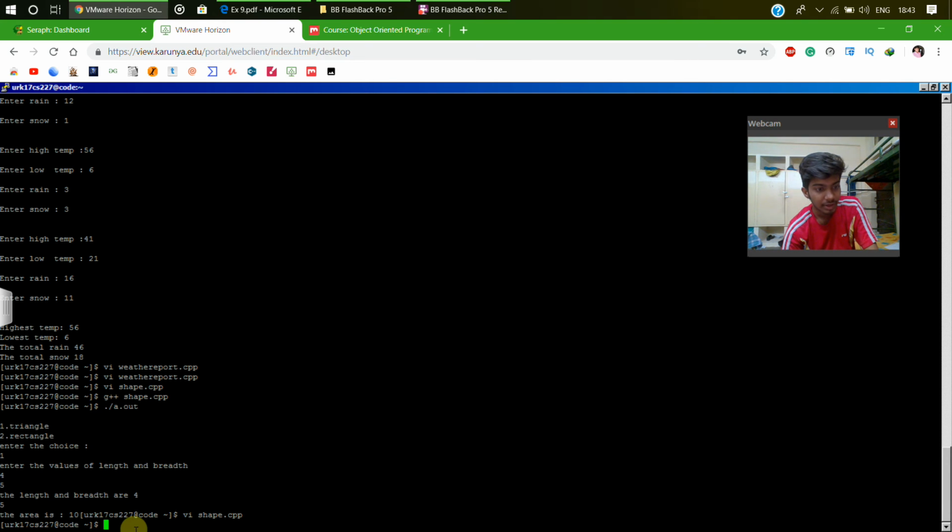And if we give rectangle, it should do the actual operation that we had given to the user, and it should get data from the user and display the function, and we will get the output as the area for the rectangle. And this is the function